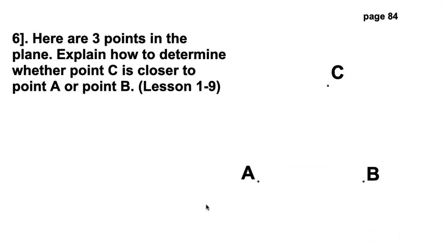Oh, gotta go to this one first. A little review question here. 3 points on the plane. How do we know if Charlie is closer to A or B? Well, the classic, and you never forget this, we're just gonna do this one on the computer. We could draw the segment between A and B. We don't have to,